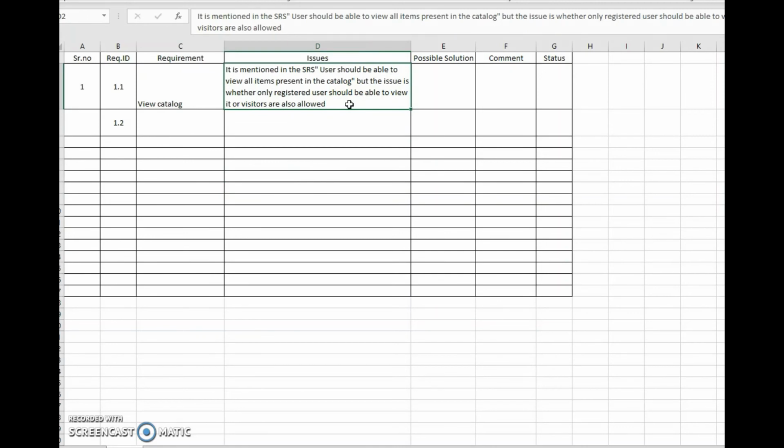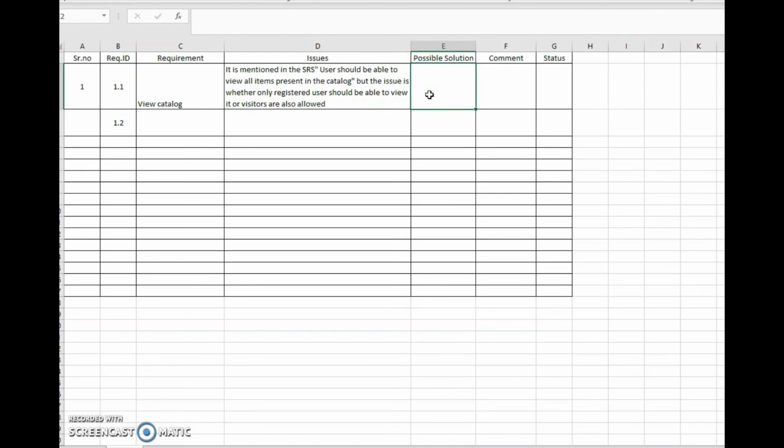Now this is a query tracking sheet. So even if you have not understood anything, you can mention it in this document because it's a query that you are asking. Sometimes there is an understanding gap, and you are not able to understand it. If there is a solution to it, he might provide it. Now let's assume that I am the author of that document and you have sent this query tracking sheet to me. If I have a solution to it, that okay, only registered users should view this.